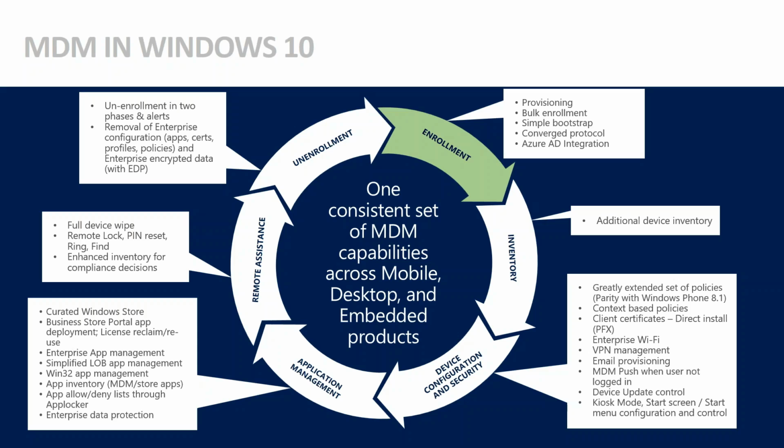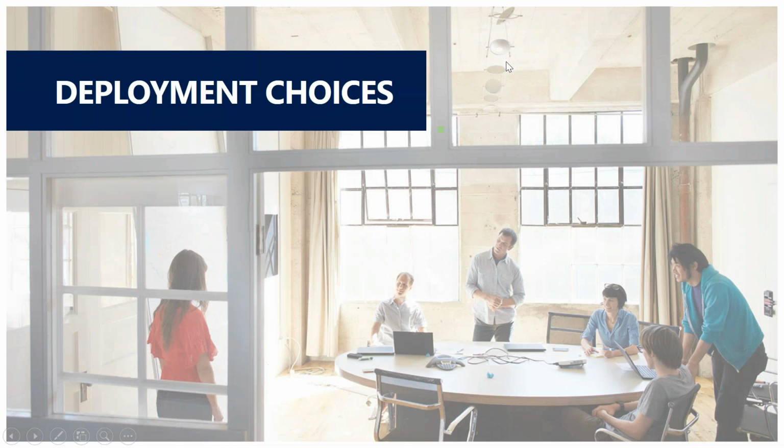it's important to see Windows 10 in its raw form running across our mobile devices as well as our Windows devices, and really important to see that working. And these are going to get further enhanced. This is the next level of how we're going to manage devices, and start using mobile device management as a